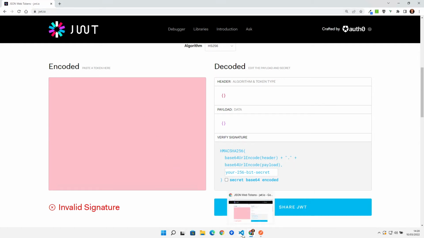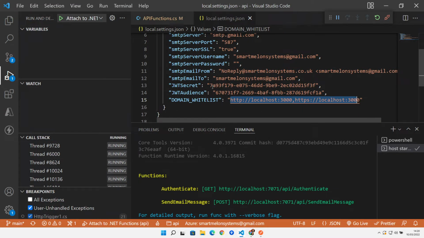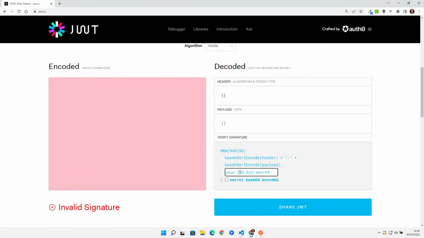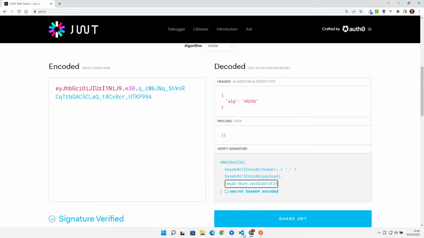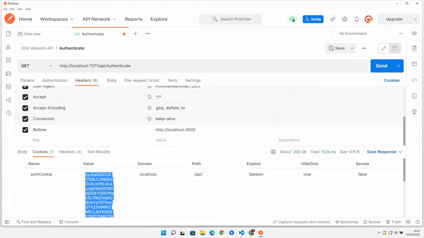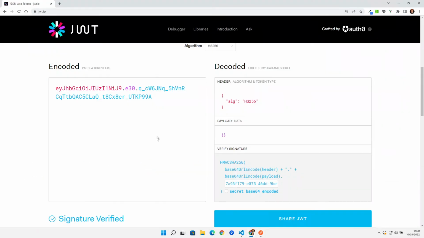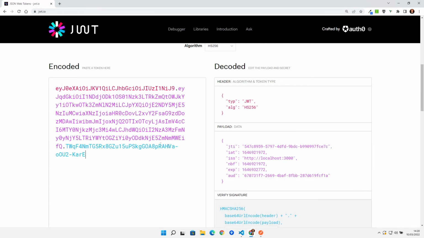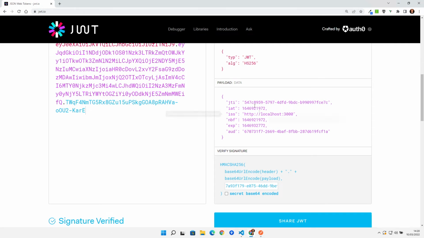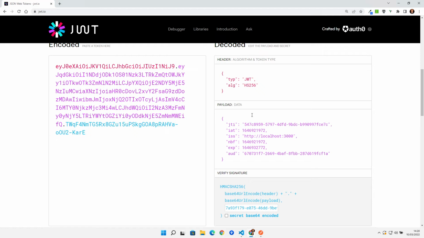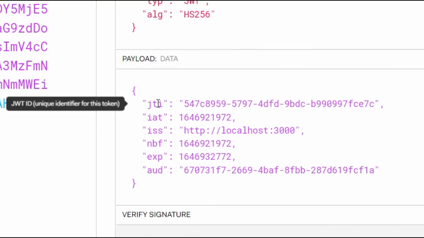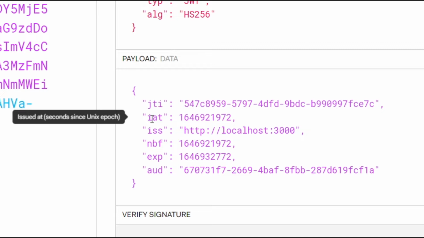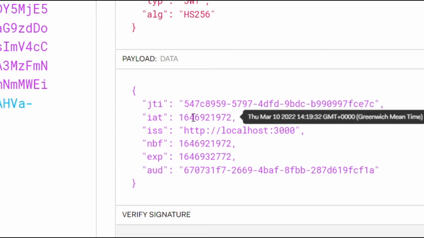And if we come over to jwt.io, and if I just go back and get my secret and paste that into the secret there, then if I go and get my JWT value from Postman, I should then be able to paste that into there and it says that the signature is correct, and it shows me a decoded version of that JSON Web Token. So it shows me that I've got the ID set to the GUID, whatever that was. I've got an issued at, so all of these little pop-ups here help you and show you exactly what it is. So the issued at, if I hover over that, is a few minutes ago